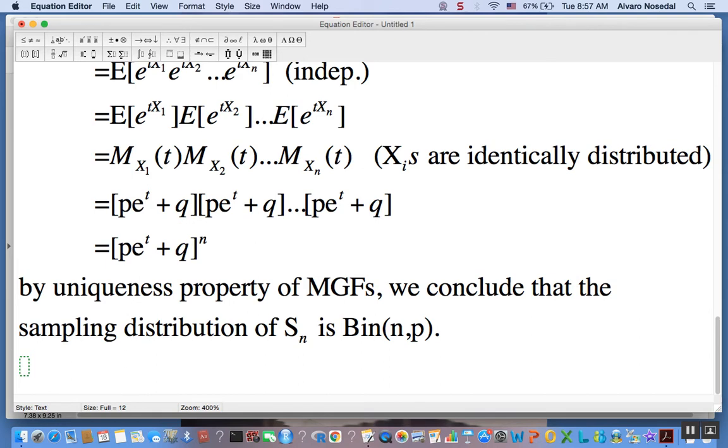Now, how about we use R so we can see a graphical representation of the sampling distribution of Sn. We're going to do this for particular values of n and p, and we are going to be very interested in seeing what happens with the probability distribution of Sn, or the sampling distribution of Sn, as n increases. Okay, so let's launch R.